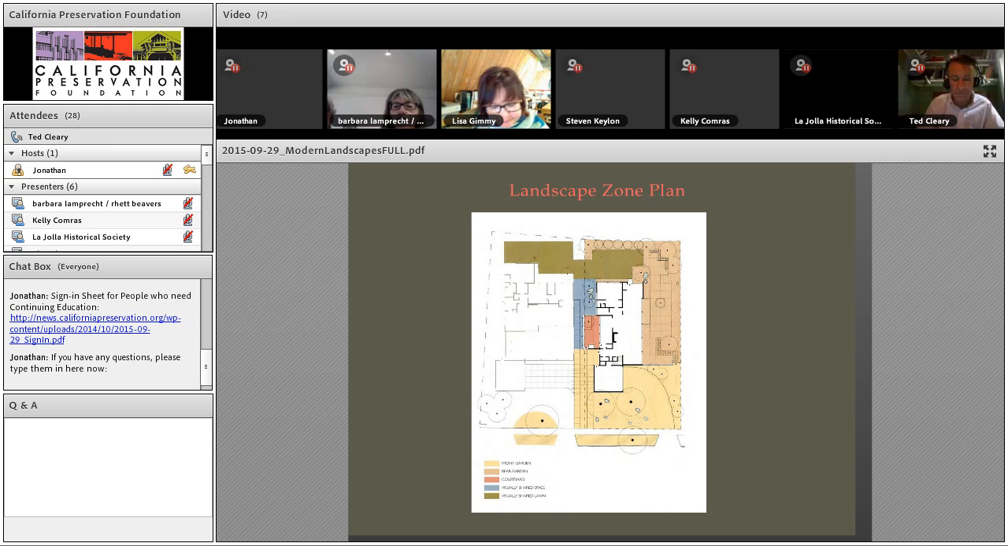So this diagram shows how we began to think about the landscape character zones. As I mentioned, we were contracted to work on the Hafley House, which is on the right. But the owners were totally on board with the idea that the landscape should be used to reinforce the connection between the two houses. So that's why the yellow zone of the front garden shows the Moore House as well as the Hafley House. And the owner of the Moore House was very cooperative in